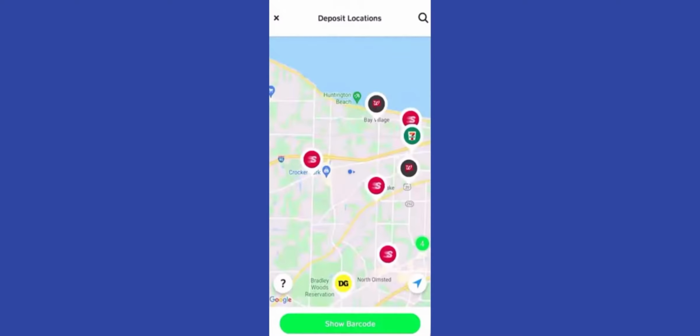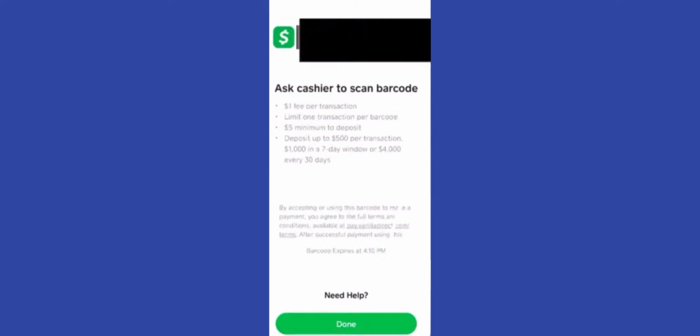And then once you are on this screen, click on show barcode. At the bottom a pop-up menu will come up. Simply tap show barcode and instantly a screen with the code at the top will come up. The cashier will scan the code and within a few seconds you will receive a notification that money has been added